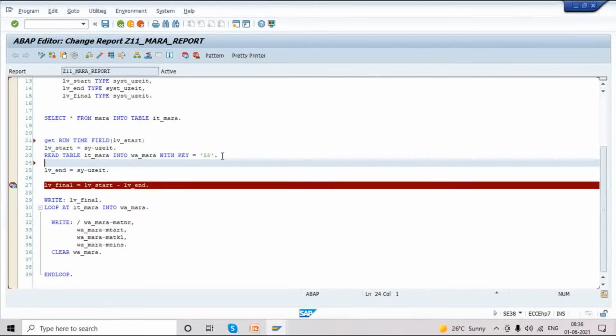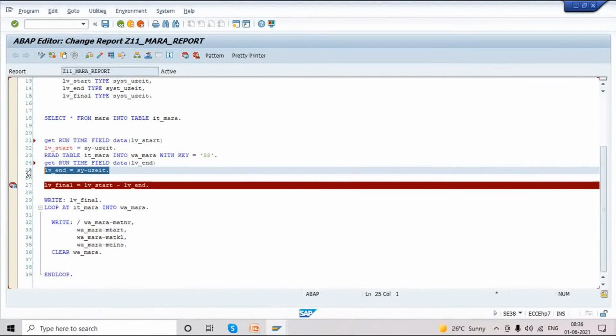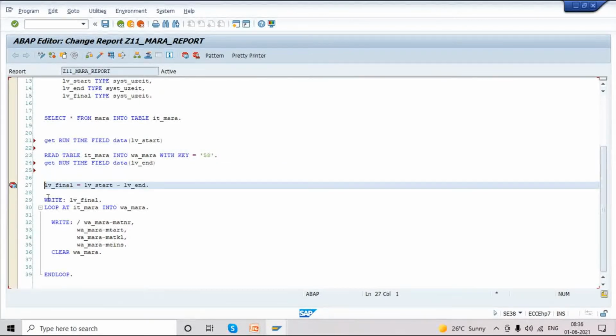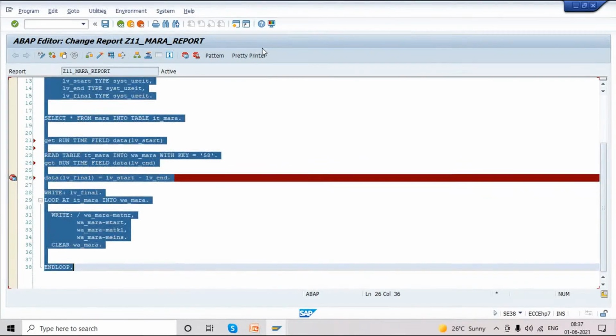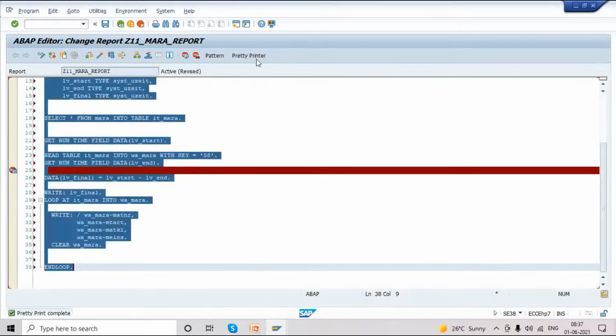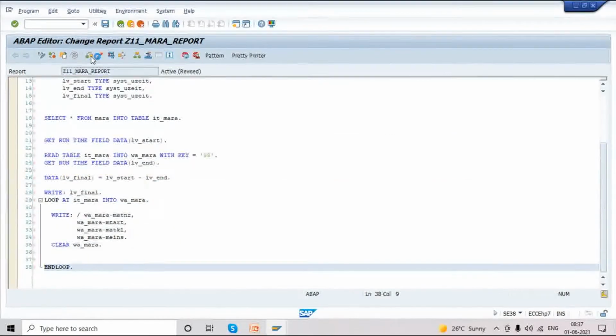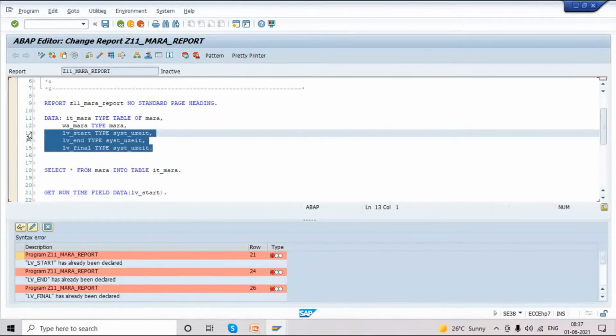I'm taking some more syntax: get runtime value. We don't need to declare these three things.